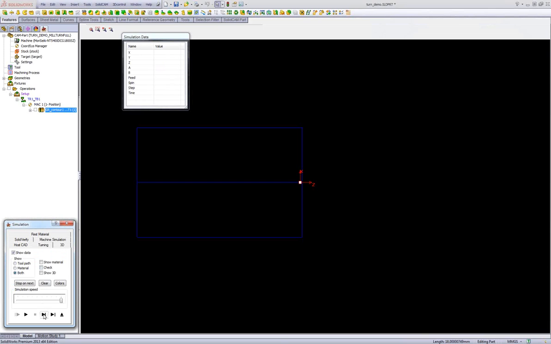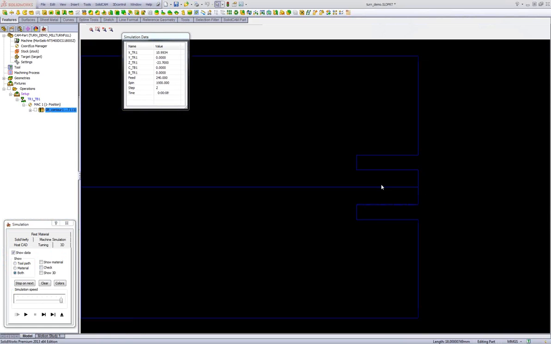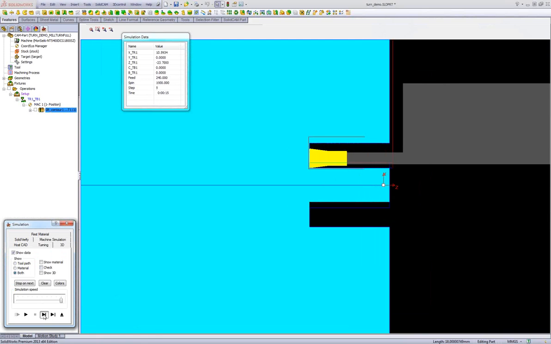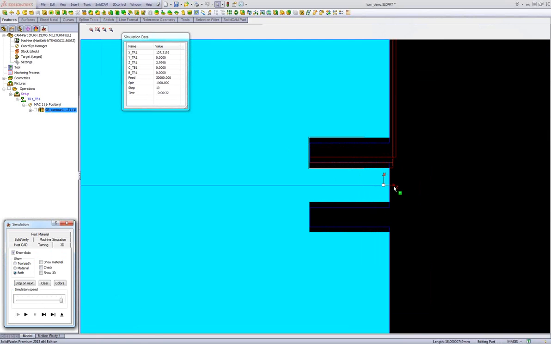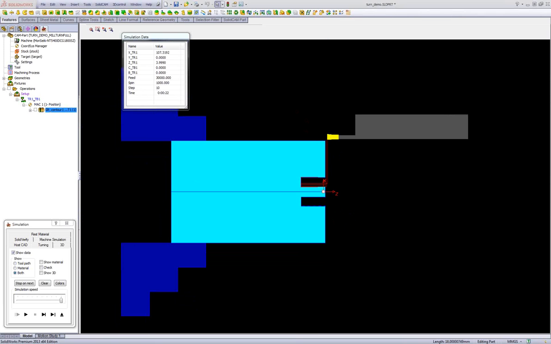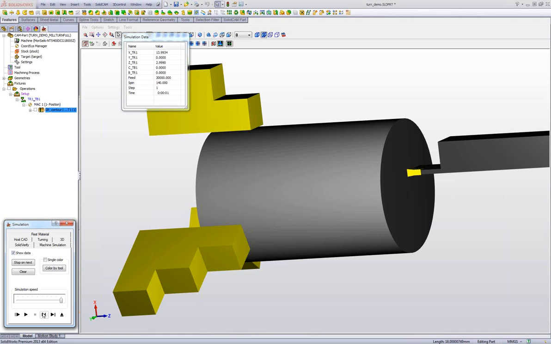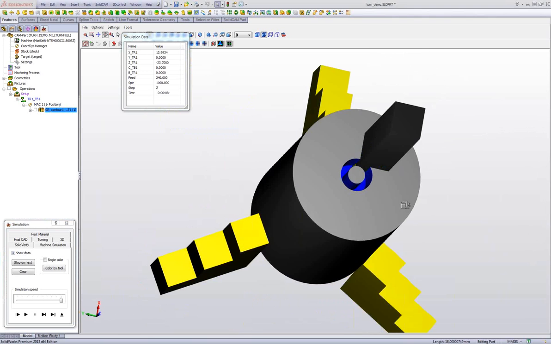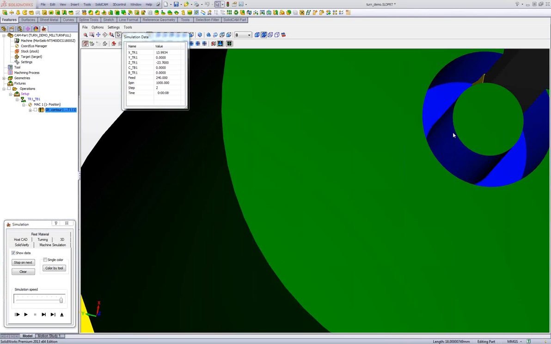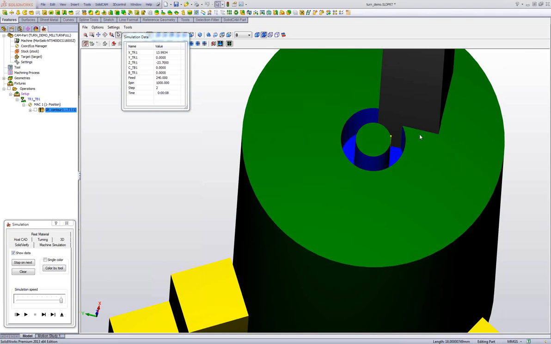Seems to be okay. Everything is okay in this simulation. No problem. But in the real world, on the machine, on the real part, let's go to Solid Verify. The first move is crash. The shank